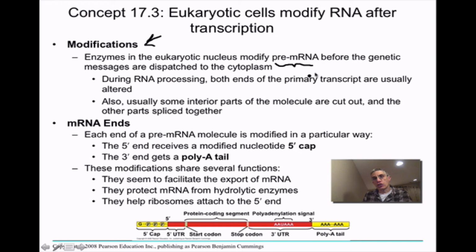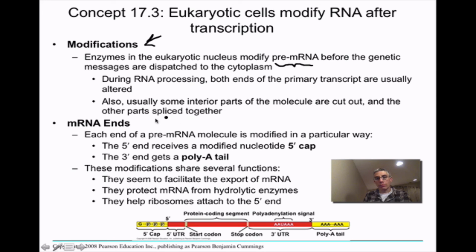So this is the initial messenger RNA strand that was created from that DNA template. Now we need to do this before the genetic message is actually taken to the cytoplasm so it can be translated. So during RNA processing, both ends of the primary transcript are usually going to be altered in some way. Usually some interior parts of the molecule also are going to be cut out and the other parts are going